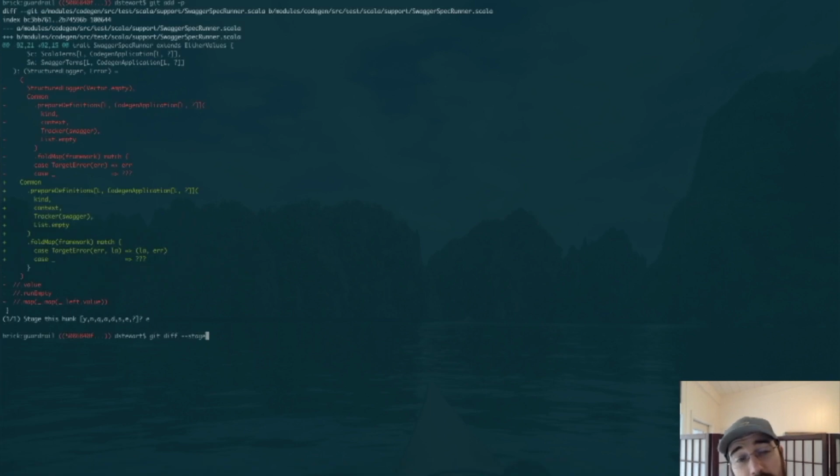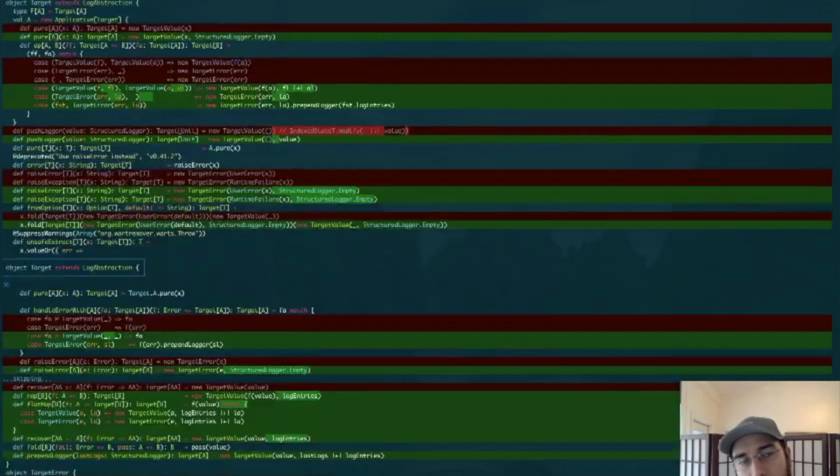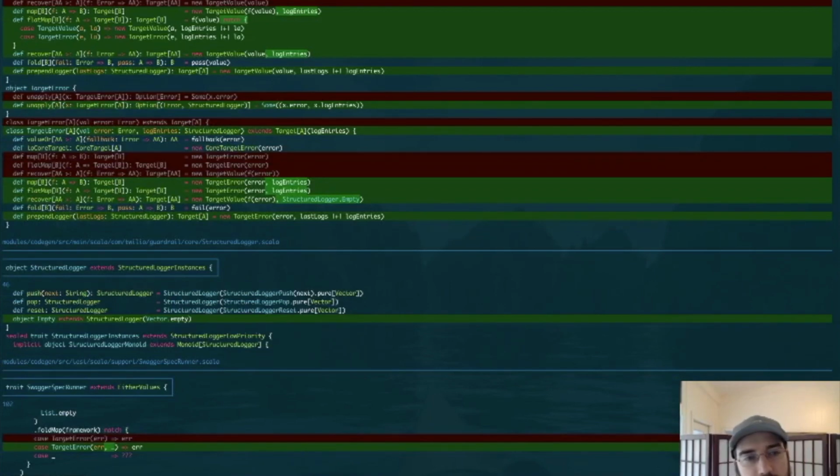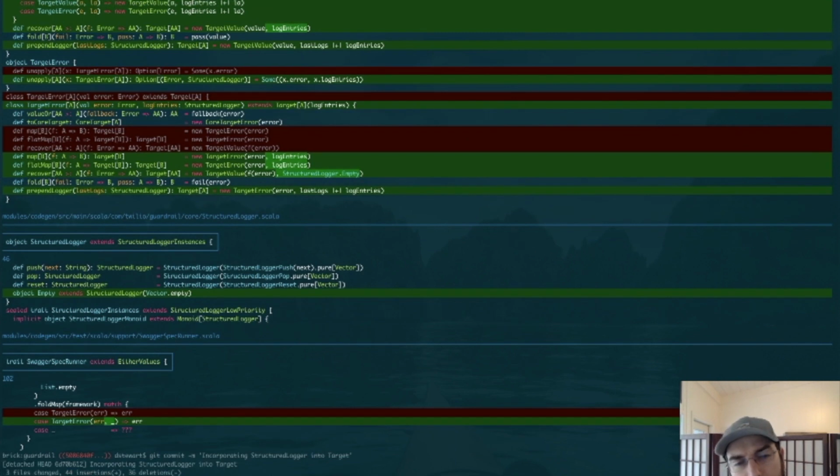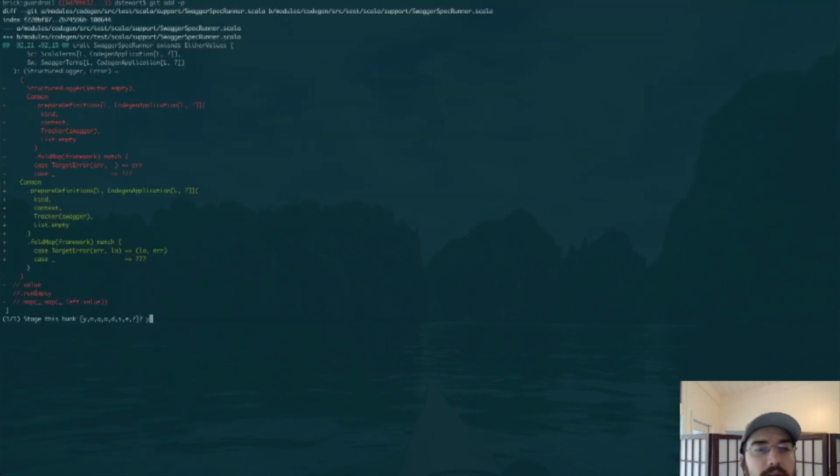That preserves the intent of the previous structure. We haven't made any broad sweeping changes. StructuredLogger into target. Good. So now we can come back and